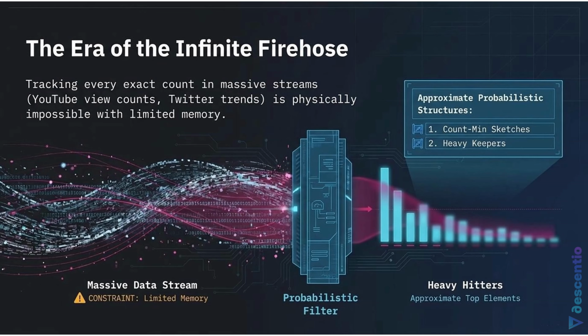It's impossible. And if we connect this to the bigger picture, that realization requires a profound shift in how we define a solution. So what do we do? We just give up on being perfectly accurate? Basically, yes. In high-scale distributed systems, top K rarely means the absolute, mathematically exact top K anymore. We surrender the requirement for perfect accuracy and embrace probabilistic data structures. Oh, like count-min sketches or heavy keepers. Yes. Tools like the count-min sketch allow us to find the approximate heavy hitters in a continuous stream using a tiny, strictly capped footprint of memory.